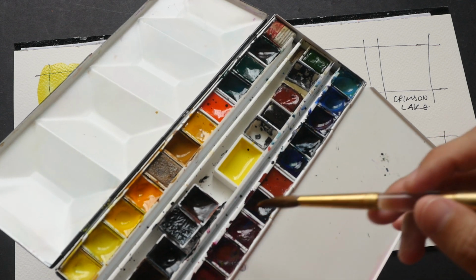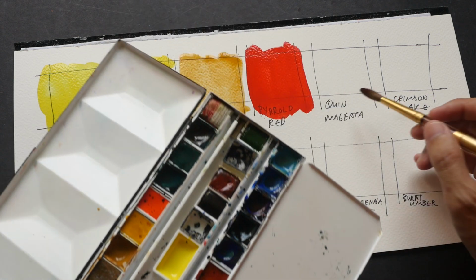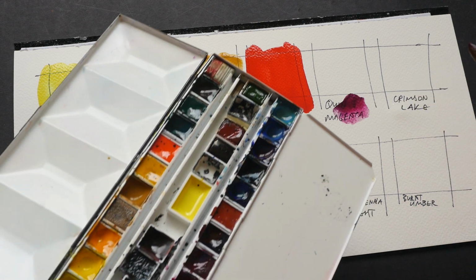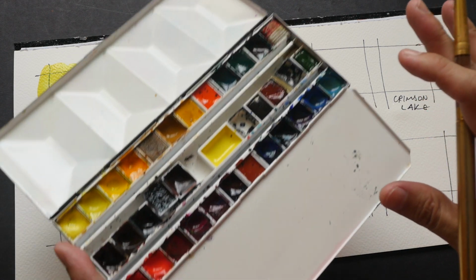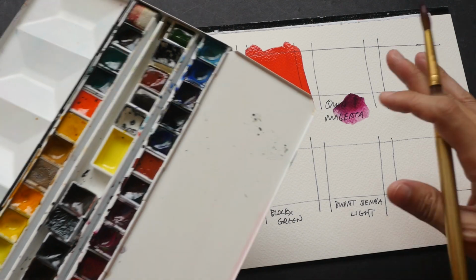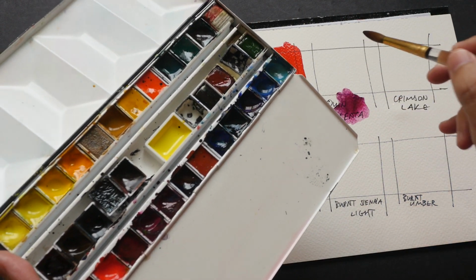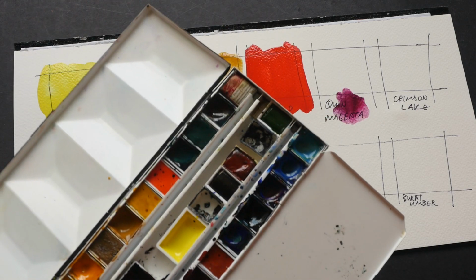Next, I want to show you Quinacridone Magenta. Quinacridone Magenta should be this color. Is it this color? Or is this Crimson Lake? I'm not too sure. So you see, the problem is with so many colors, you should always label them. I'm not sure if this is actually Quinacridone Magenta. Let me check my...